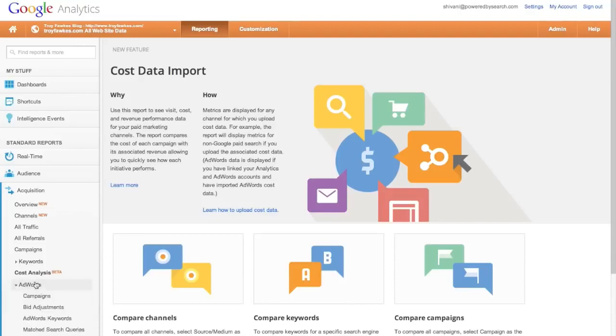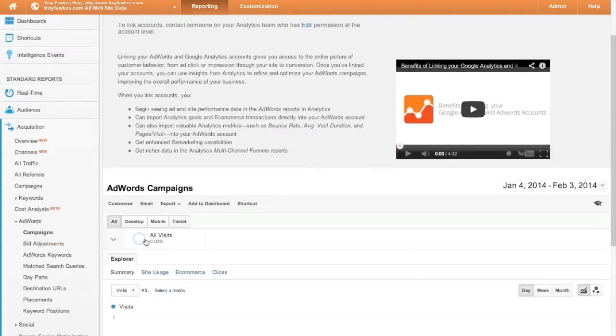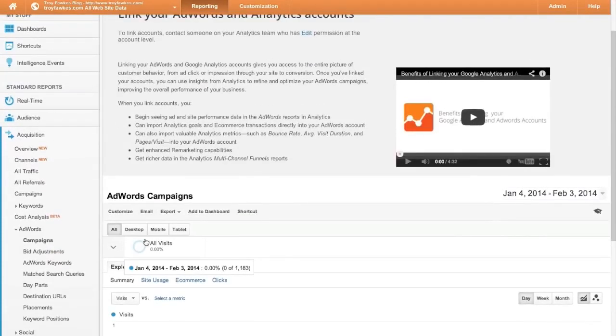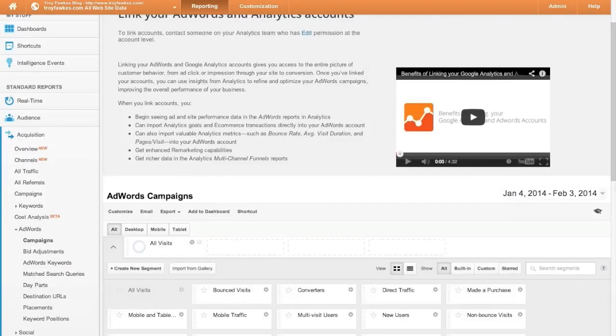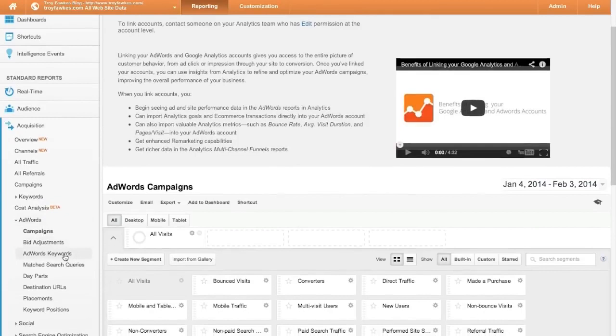Then we have Google AdWords. So Google AdWords is an excellent place to be if you have an AdWords campaign going on, and you can link your AdWords account to your analytics account and get plenty of information on how your campaign is doing. And linking your AdWords and your analytics to each other is highly recommended because it allows you to view your AdWords click and cost data alongside your analytics site engagement data. So it's quite helpful. And once you have that done, you can just check out how your campaign is going, adjust bids, have a look at your keywords and clicks, and match search queries, which allow you to see search queries that match your keyword list, and just see how people are searching related to your products or services and